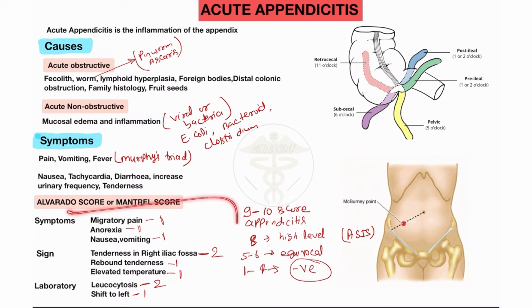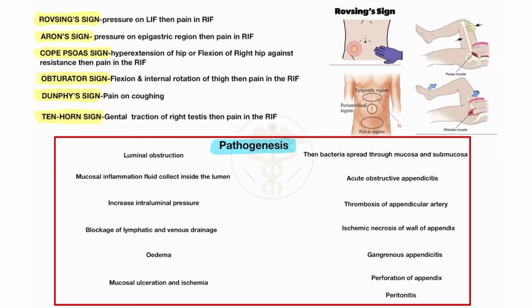This is all, and these are the symptoms, signs and laboratory tests. This is also called the MANTRELS scale, used for acute appendicitis. Some points we need to know about whether the patient has acute appendicitis or not. So the first sign is the Rovsing sign. Rovsing sign is when pressure in the left iliac fossa causes pain in the right iliac fossa of the patient. Here you will see the diagram of the Rovsing sign: when you press in the left iliac fossa of the patient, you will see the pain occur in the right iliac fossa.